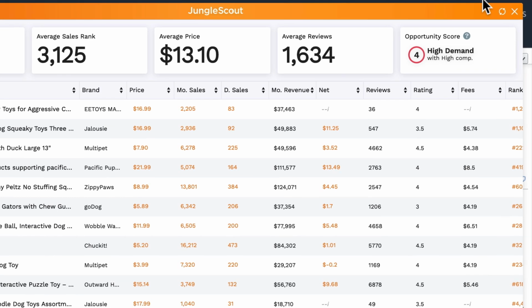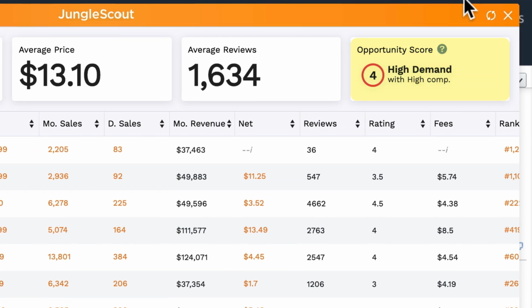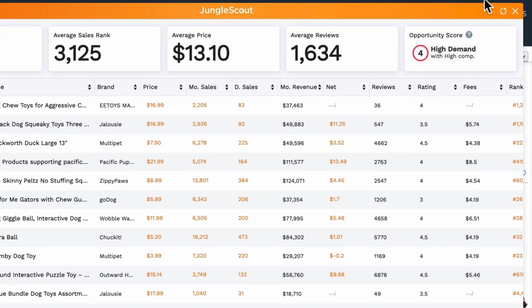On the right, you have the opportunity score, which gives you a quick assessment of how good of an opportunity this particular niche is. The score is out of 10, with 1 being a poor opportunity and 10 being a great one. It summarizes the level of demand and competition, which are two of the most important metrics to analyze when doing product research. The opportunity score alone is incredibly powerful, but let's dive into a deeper analysis, looking at